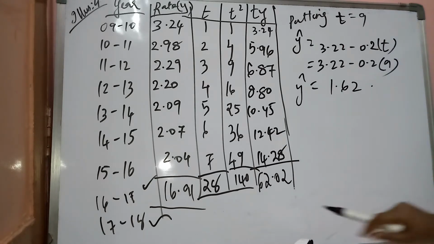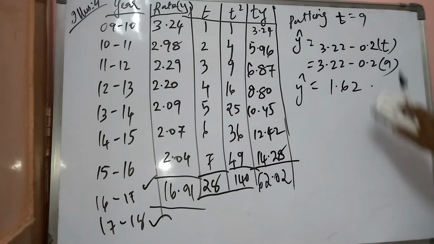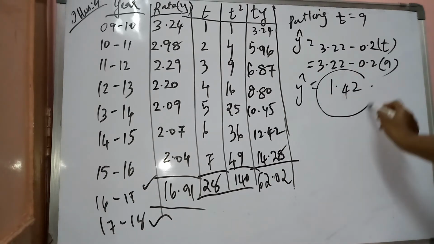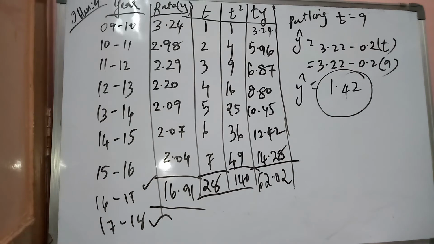Clear with this? Not 62, 42, right? So this is your final answer, that is the estimates of dropout rates for the students of standard 1st to 5 in this district for the years 2016, 17 and 17, 18. Sorry students, this I have written for 2017 and 18.